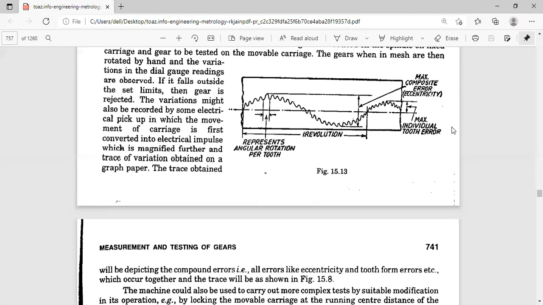So you have to adjust according to the center distance. As I already told you, for this instrument we have a scale attached to the mobile carriage, and a vernier as well, so that you can measure the actual center distance, not the theoretical one. The practical center distance can be measured, but the variation should not be more than 25 microns.